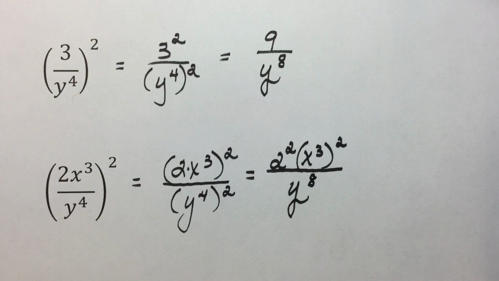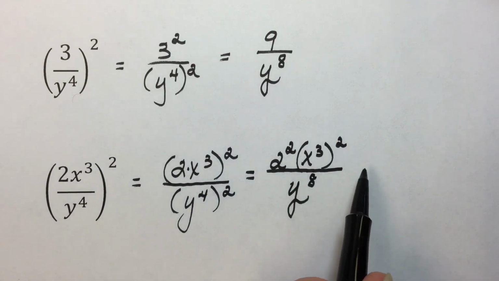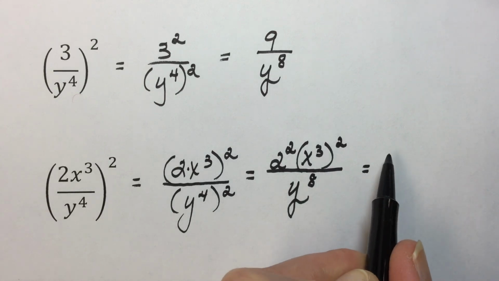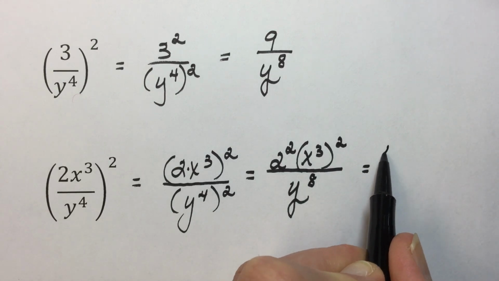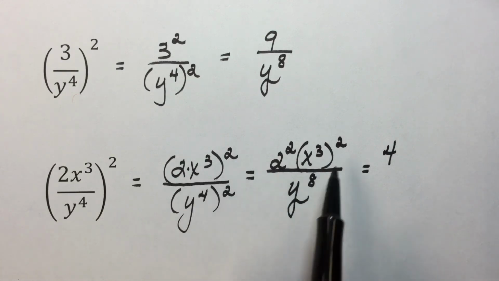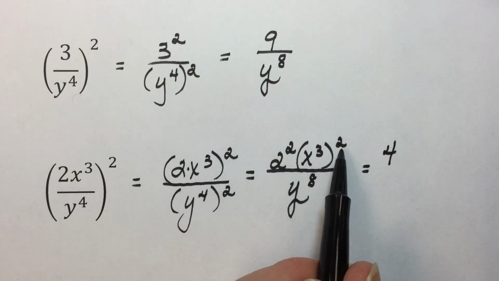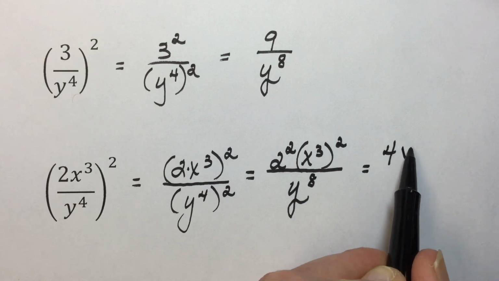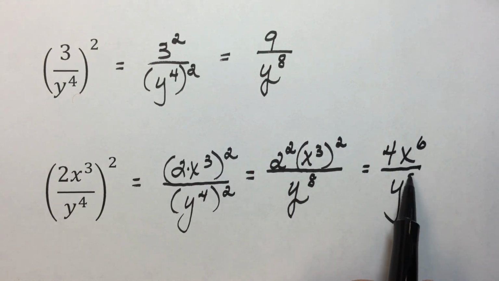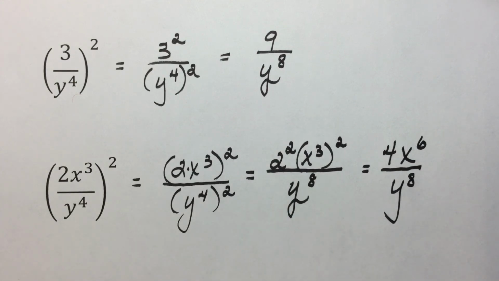Simplifying further in the denominator isn't necessary, but the numerator has a little bit of work. 2 to the second power, or squared, means 2 times 2, that base times itself. We'll replace that with 4. And in the numerator, as we had in the denominator, we have a power raised to a power. Multiplying those exponents gives us a 6 over the y to the 8th for our simplified solution.